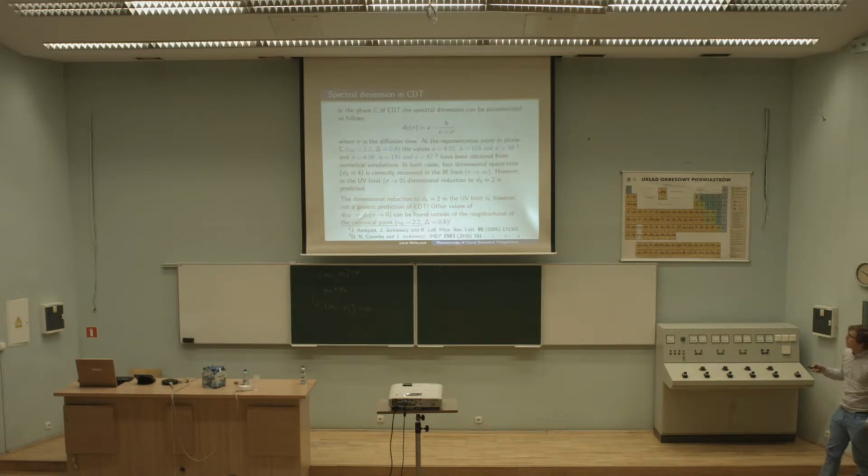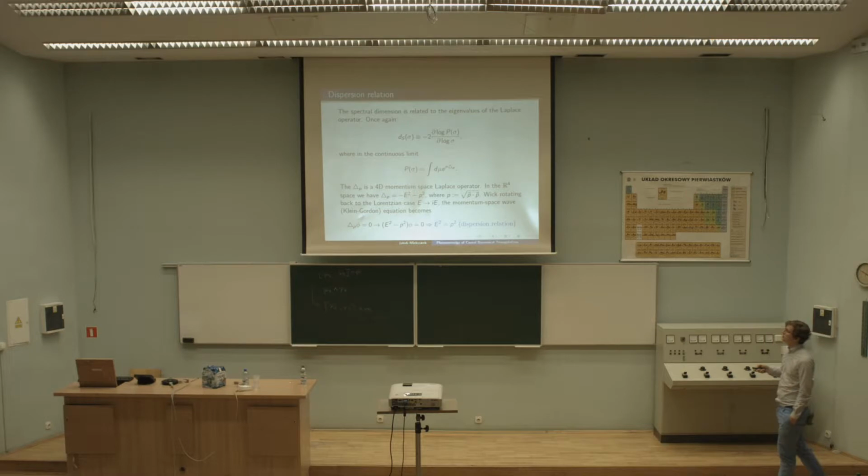So right now I want to make use of that. I want to make use of this particular running of the spectral dimension. Let me go back to this solution to the heat kernel equation I wrote before, and taking the trace, I introduced the average return probability, which is, as we know, a function of the eigenvalues of the Laplace operator. And the eigenvalues of the Laplace operator, just in 4-dimensional Euclidean space, are just